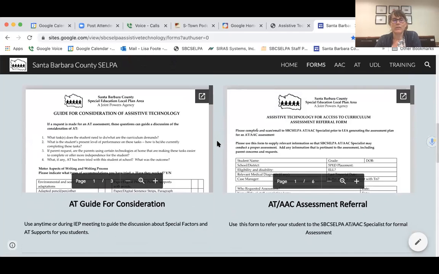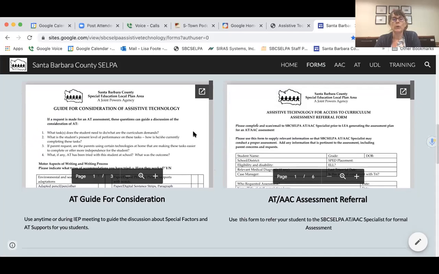Down here, these are the official SELPA forms. So these forms are actually also available on Cyrus in the added forms section. So if you go to tools, added forms, you'll see all these different categories. There's an AT, AAC category, and these two forms will be also on Cyrus. But I wanted to give them another place, another home too, if people like having another place to look for them versus just Cyrus. So this form, the Guide for Consideration of Assistive Technology,